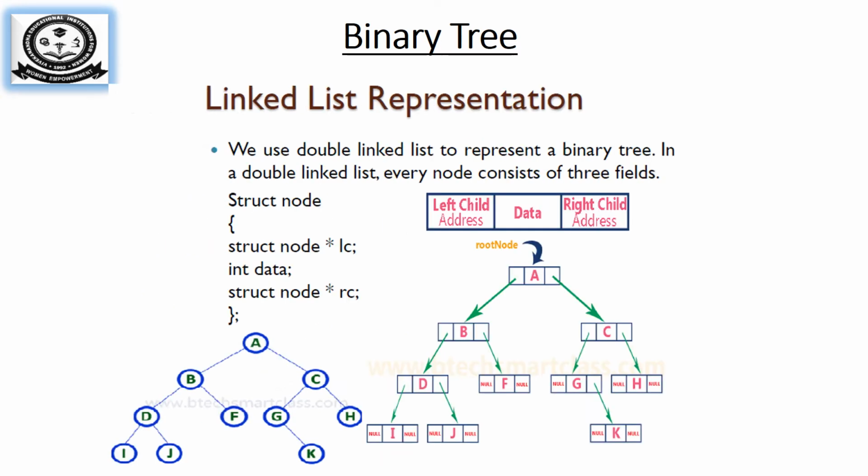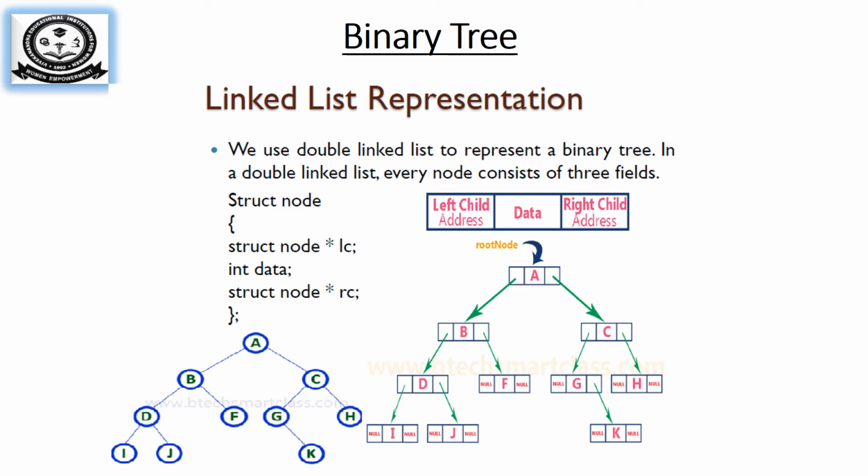The next representation is linked list representation. Here we will be using a structure with 3 parts. One is a data part which stores the value of the node, and we will have 2 pointers here, left child and right child. The left child will refer to the left node and the right child will refer to the right node. You can see the diagram of how it is created for the given binary tree in linked list representation.